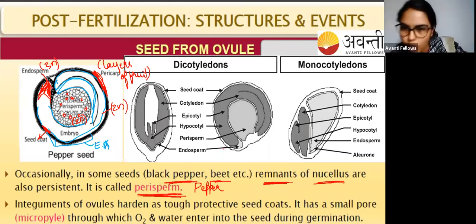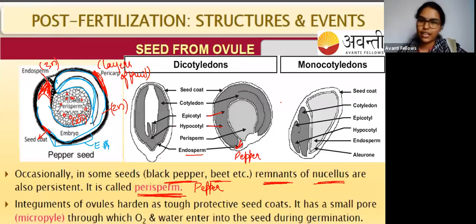Okay, you can look here. This is also a very good example. So this part is endosperm. Okay, तो ये हो गया आपका perisperm, but this perisperm is absent here. Okay, but here it is present. So this is pepper. ये आपका पेपर का एग्जाम्पल हो गया. And this becomes hypocotyl, this becomes epicotyl, ये आपके cotyledon, ये seed coat, सब वगैरह वगैरह.